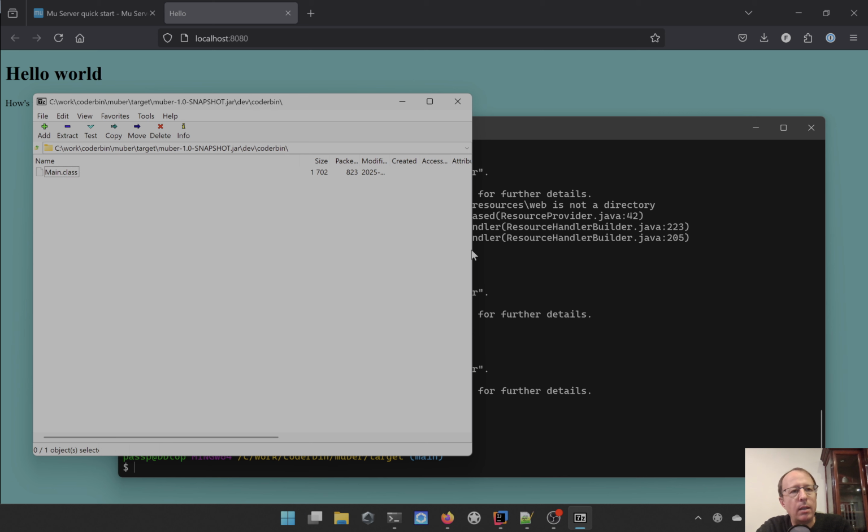We can see here our compiled class file of our Java class. We can see the classes from our dependencies, which includes things like mooserver, among other things. There's a little bit of metadata, and then the files of our web application.